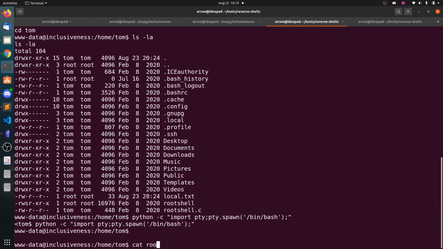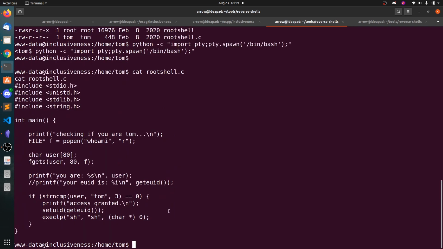So let's see, there is a binary and let's check for source code. It's checking if you are Tom, popen of whoami. So it's opening the whoami command, and actually popen is different from open.